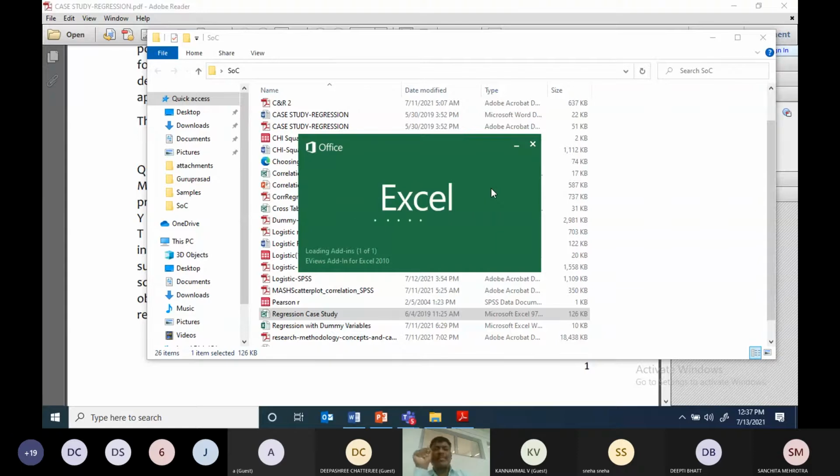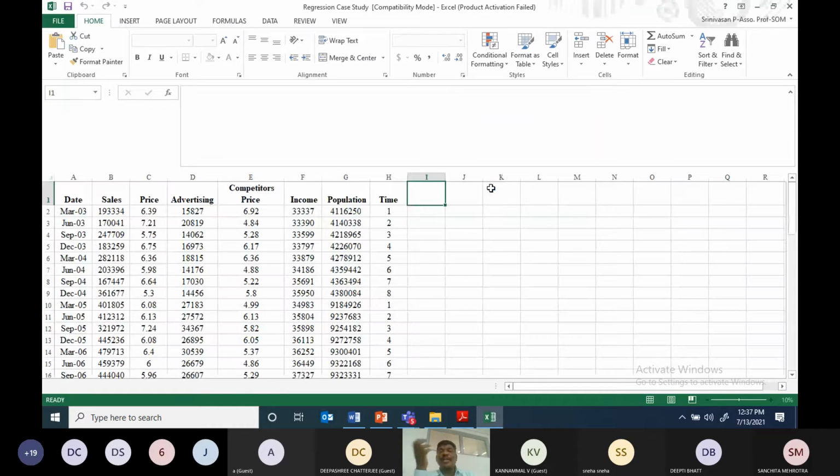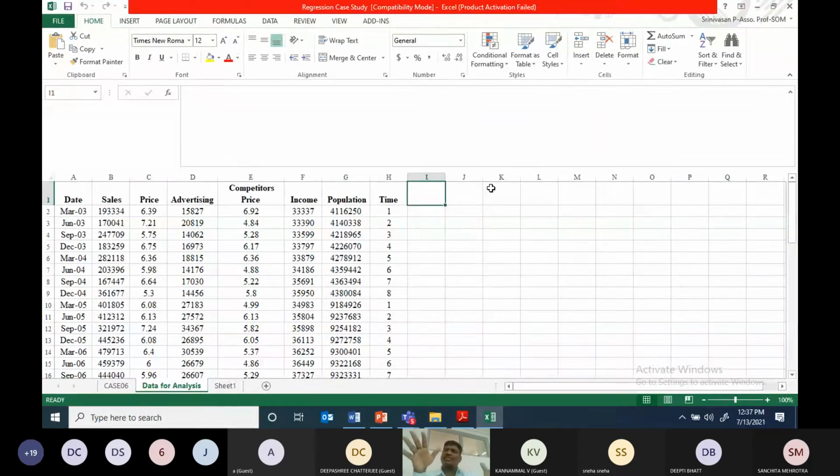Okay, so first step, you make a note: the units of measurement are very, very important. You are a researcher. When you are doing a regression model, and especially any model, as I told you, please look at the data. Look at how it is measured. That is very, very important.